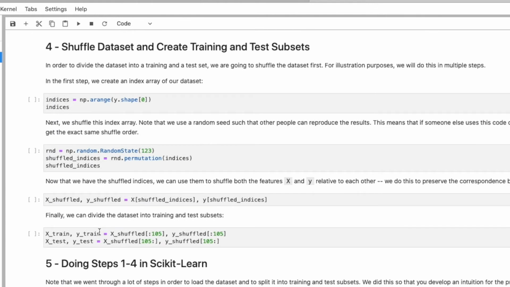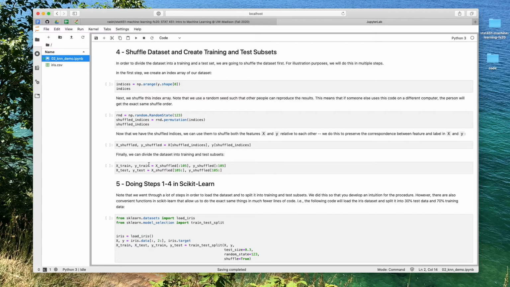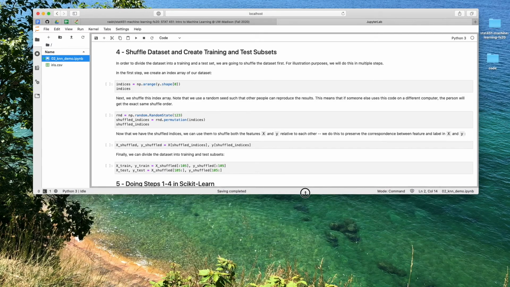So in machine learning, we usually have a training set and a test set. Sometimes we also have additional data set splits like a validation set, but we will talk more about this in the model evaluation lecture. So at this point, we are just dividing the data set into a training set for fitting the model, and then a test set for evaluating its performance. So first now in this step 4, I'm going to show you how we can do that manually, and then I will later on show you how we can do that in scikit-learn. Let me hide this lower part because otherwise it's a bit distracting.